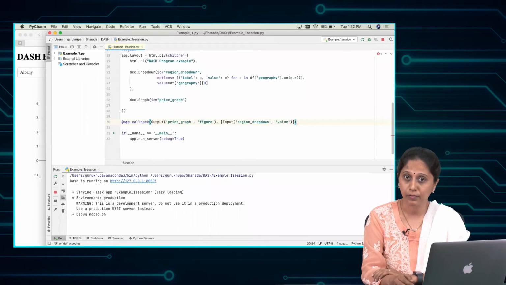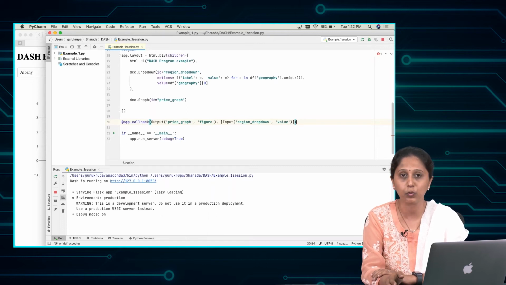Now we define the function definition and put in our logic of filtering the dataset for the graph depending on the input value selected in the drop down.